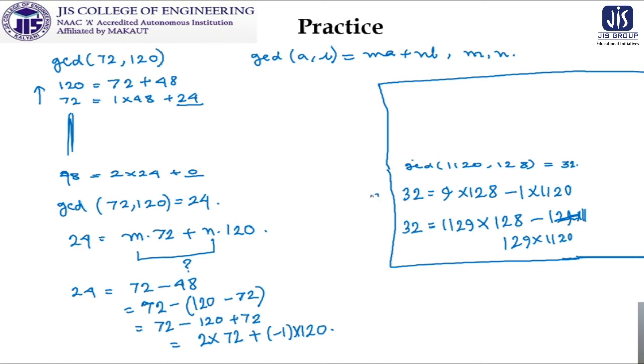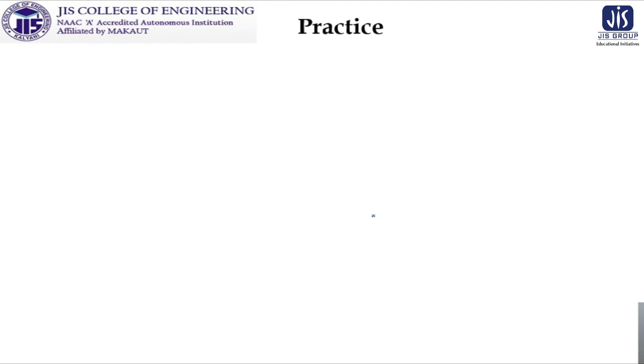My intention is to say that as 32 can be represented in two forms by using 128 and 1120, the uniqueness is under question. How do we find more than one available case for the GCD of two specific numbers? It is your task. Next, moving further, what we see,